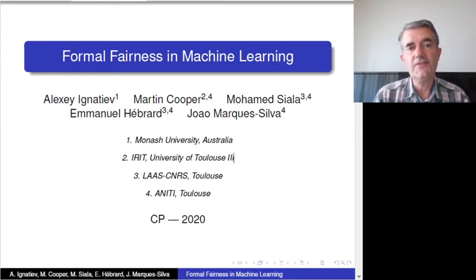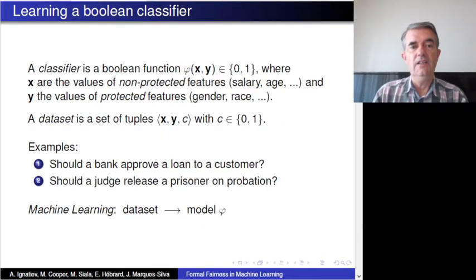This paper deals with the notion of fairness in machine learning. The context is a classifier. We want to learn a boolean function which has arguments which are either non-protected or protected. Examples of protected features would be, for example, gender or race. And the idea is we want to learn a function, a classifier, which does not depend on gender or race